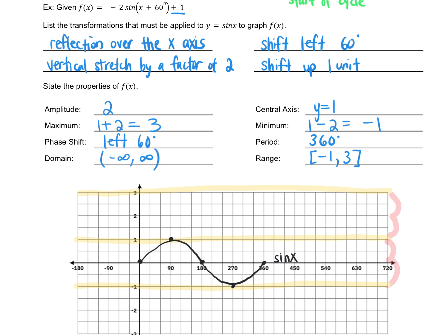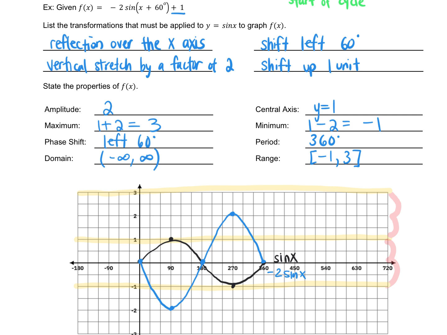So my maximum is at 1. When I stretch it, it will stretch to 2, and when I reflect, it will go down to -2. Likewise, the minimum of -1 will stretch to -2 and reflect up to +2. And the zeros are not changing with a stretch or compression or reflection. So this blue one is -2 sine x. And now I'm going to take this cycle and shift it over left 60,